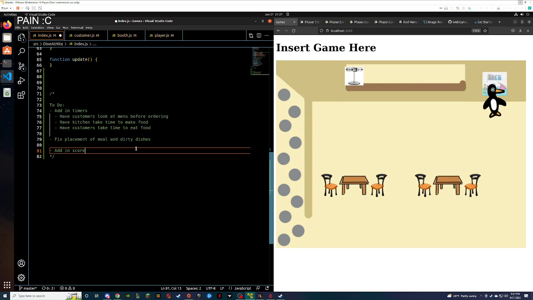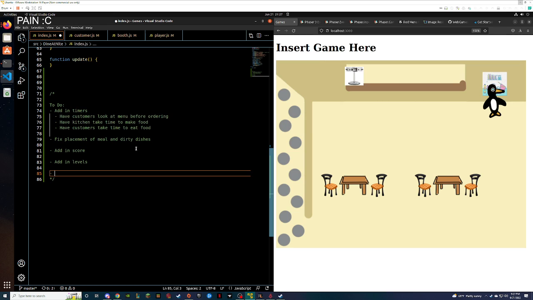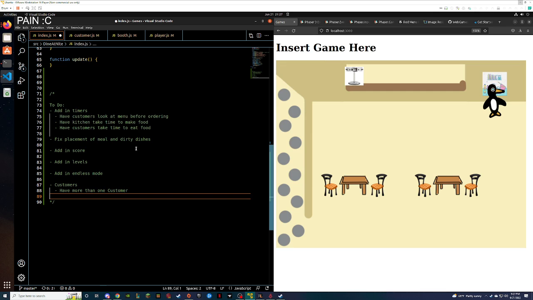Add in score. We want to add in levels. I want to add in endless mode. And we're gonna have customers where we have more than one customer in a group. Have different colors for customers.